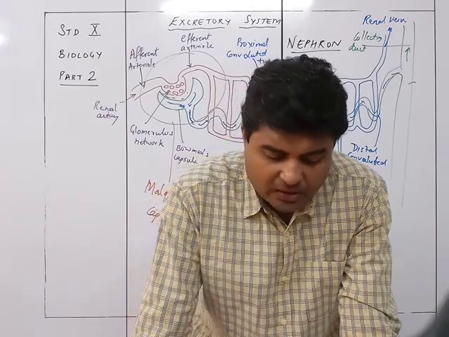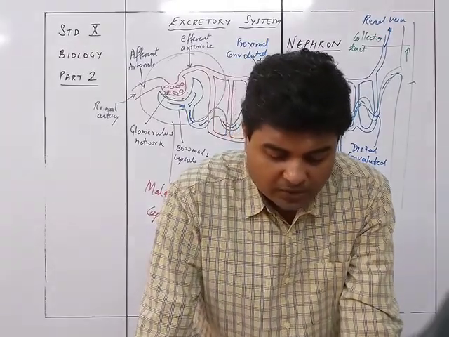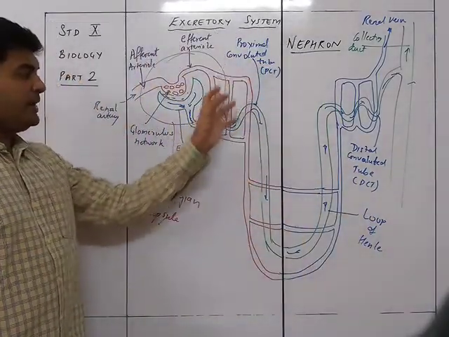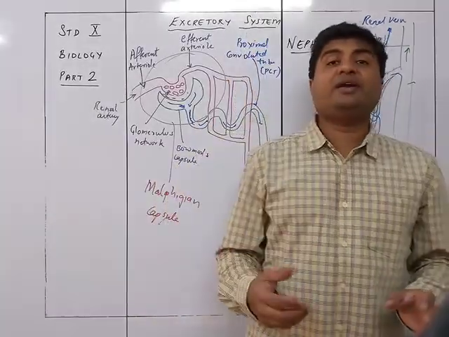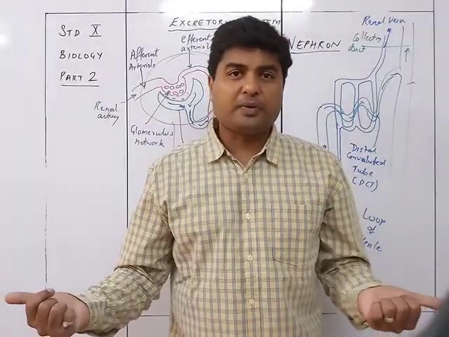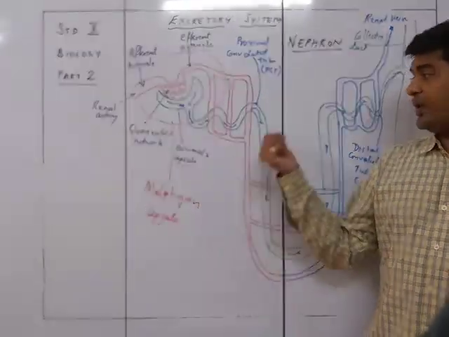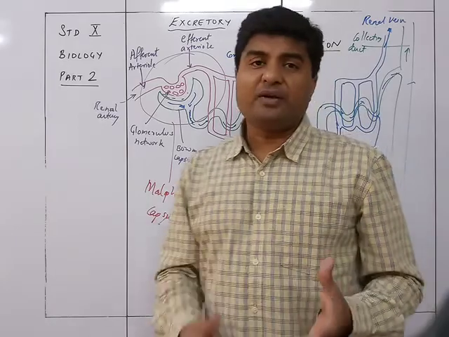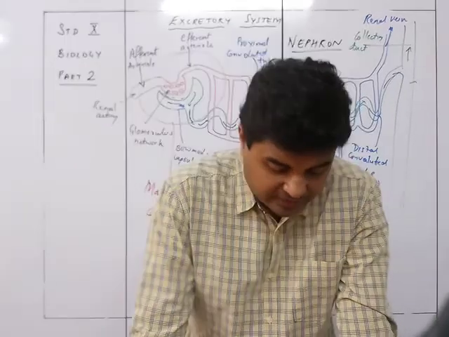The reason is that in summer we lose a considerable part of the water through perspiration, and the kidney has to reabsorb more water from the urine, making it more concentrated. So most of the water is going to be reabsorbed over here, because the constitution of the blood needs to be maintained. Even if it is summer and we are taking a lot of water, if we already lost that much water by perspiration, the blood will require that amount of water, and that's why it will be taken in by reabsorption. So only a part of the water is going to be discarded, and hence the urine being formed will be thicker and more concentrated.